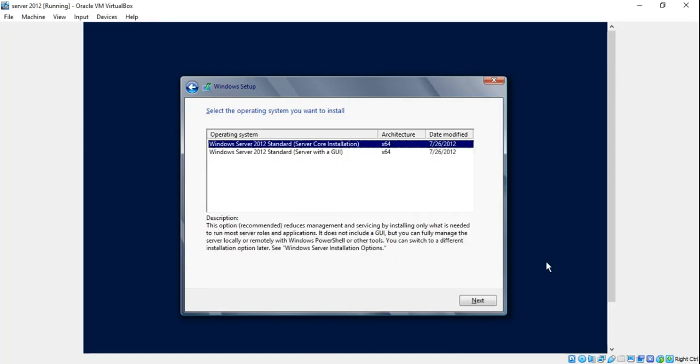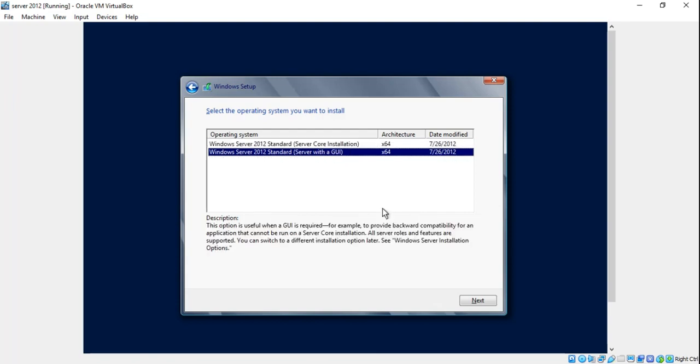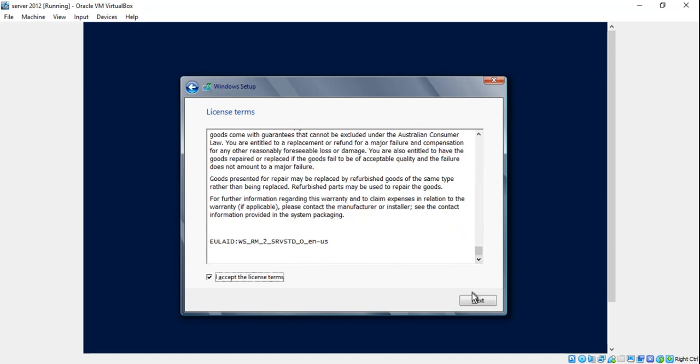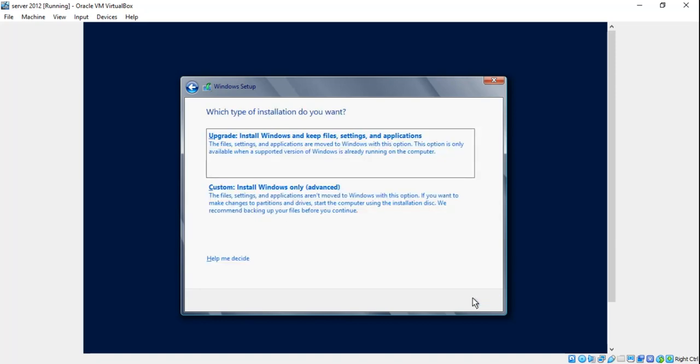It accepted my key. Now it's asking for server core installation or server with a GUI. So we will go with the second option, that is server with a graphical user interface, right? Click next, and here we have to accept the license terms. We have no other option. Now select advanced.